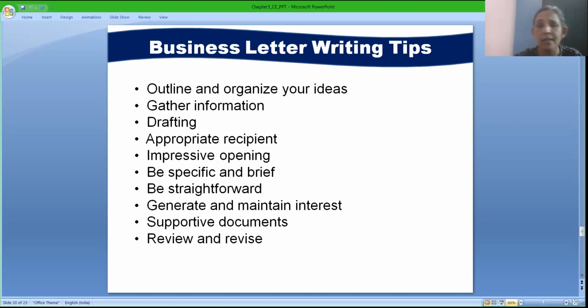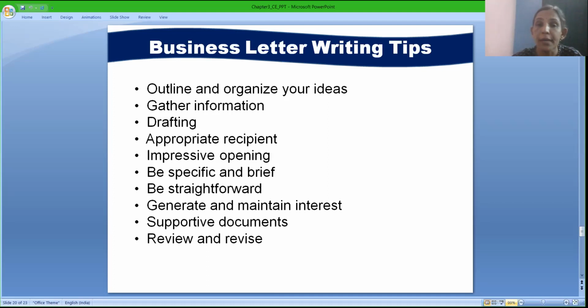Be very specific, as I have discussed even in my previous class on principles of communication, when we are talking about conciseness. We should always remember that conciseness is the key part of our communication. We have to keep our communication simple, short, and easy. If we are not straightforward and if we do not keep our communication simple and specific, people will be in a dilemma. People may take time to respond and to reciprocate. So it is very important to keep our words very simple, easy to understand, and in a straightforward manner.